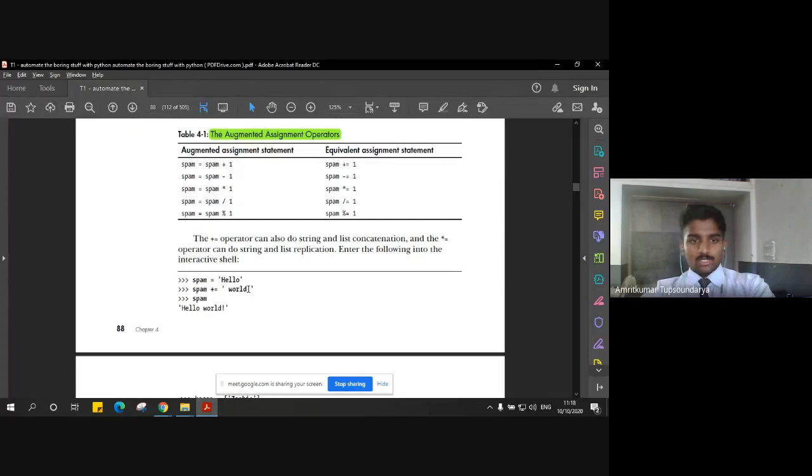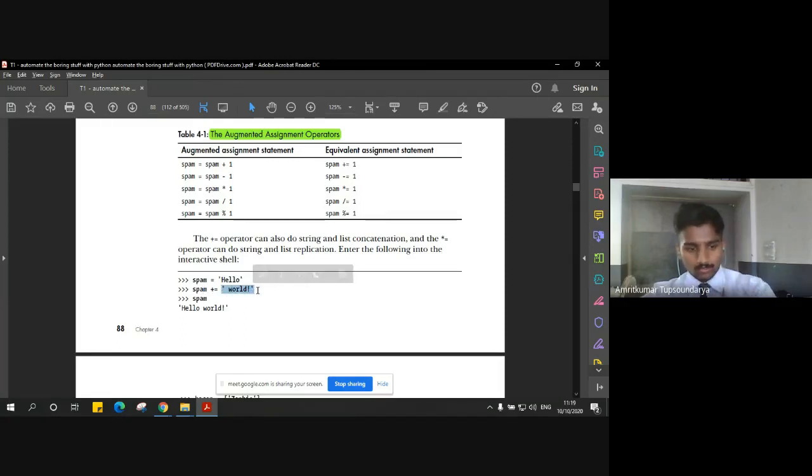So let's see an example. Let's say the hello world. If you remember the first program that we wrote using the string hello world, let's say instead of hello world, I just put hello in the variable spam, and then I want to increment this string hello to a new string that is hello world. So I want to augment, I want to add the word called world. Right? So what I'll be doing, I'll be simply making use of the augmented assignment operator here, and spam plus equal to this whole thing.